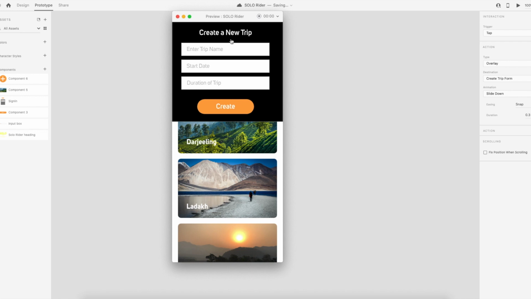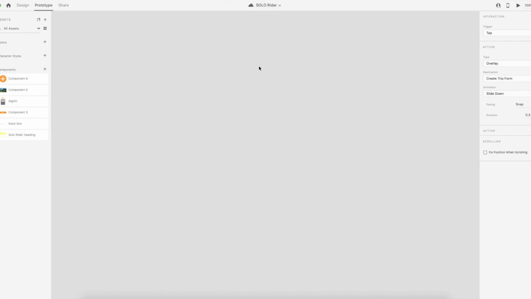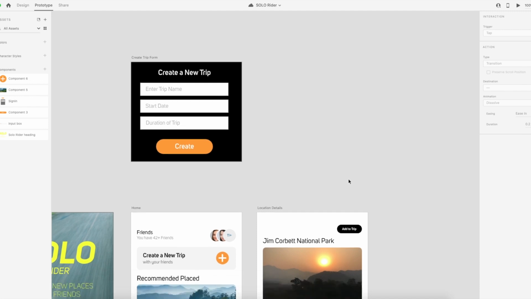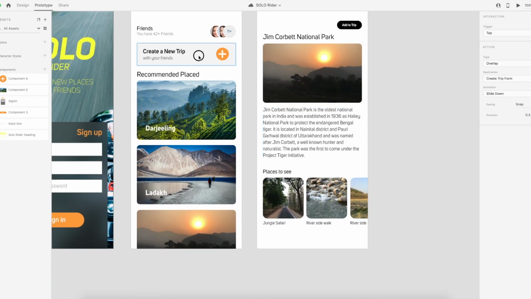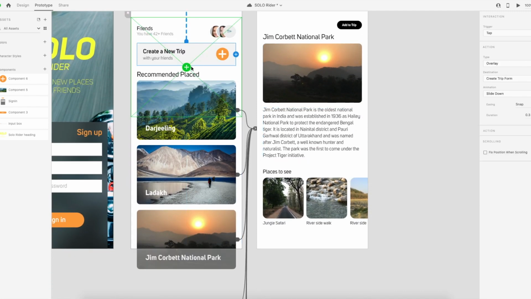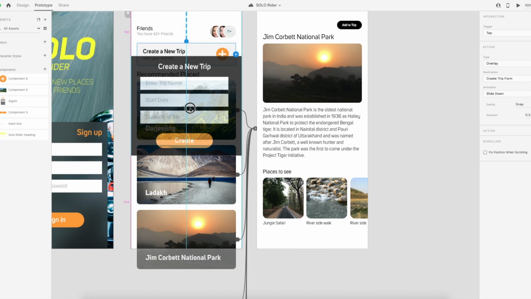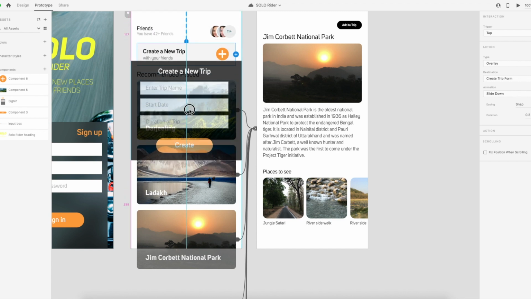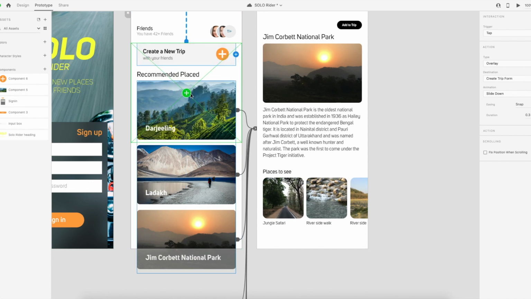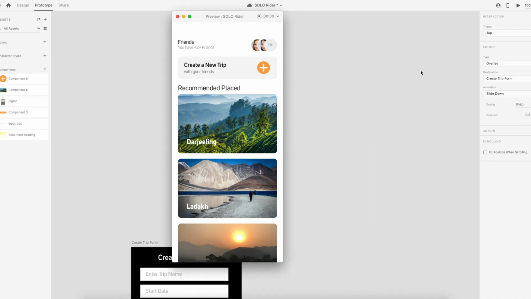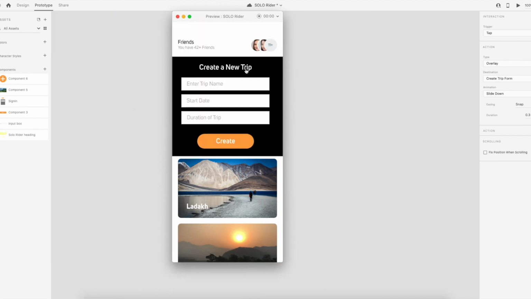So what we can do is move this form a little bit down below that button. Okay, so let's see how we can do that. So we can move this position of the form to here. So what will happen when we preview? Alright, this is cool. So when somebody clicks that button, this form will just snap in, and you can enter